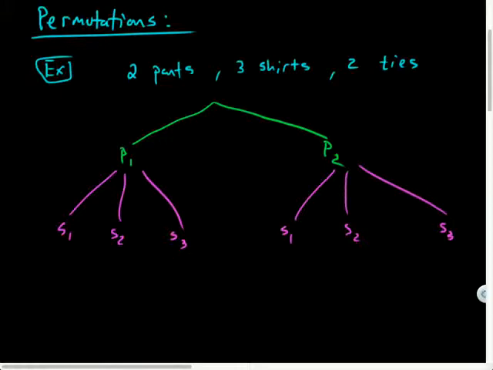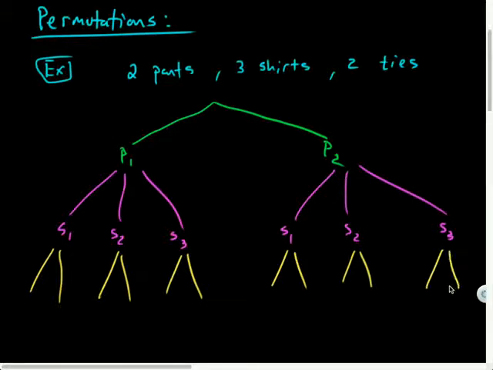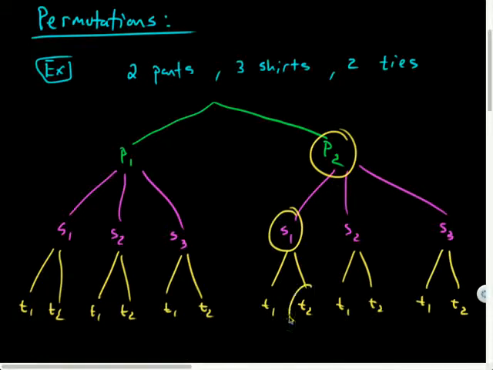And then I have to pick my tie. And I've got 2 ties to pick from, and assuming that whatever pair of pants and shirt I chose will not affect which tie I'm wearing, there's 2 ties to choose in each of these possible timelines or paths. So I could have T1, T2, T1, T2, T1, T2. It's kind of like Back to the Future with multiple timelines and parallel universes, and some Mr. Waddy in some universe happened to choose pants 2, shirt 1, and tie 2, right? Whereas maybe another one didn't.